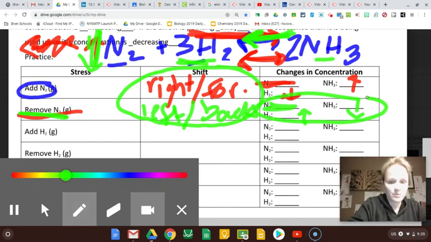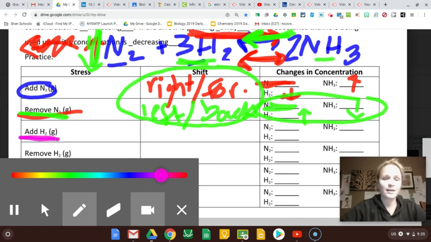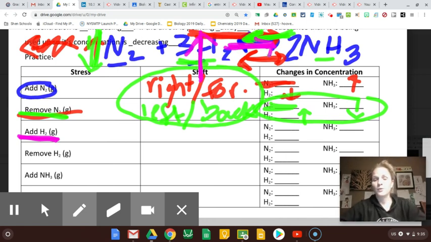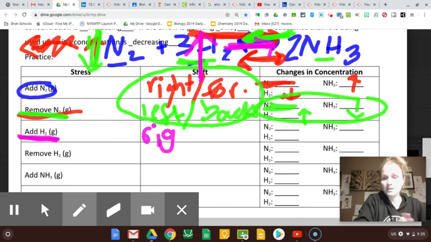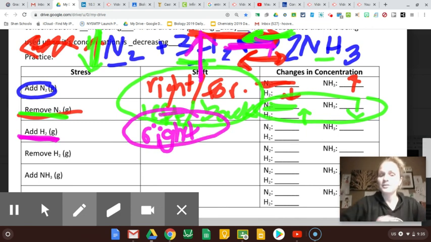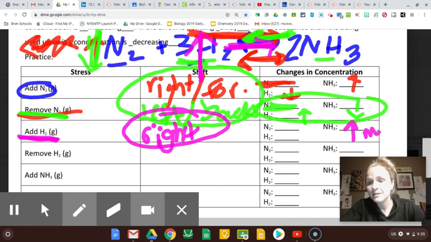Let's try one more. If I add some H2, I've got plenty of H2, so this reaction is going to dominate. Add away, so my reaction's shifting right. I figured out which way the reaction shifts first. All these problems are two steps. First, I figure out the reaction shifts right. Then I say what happens to everybody. Well, it looks like NH3 is being made, so I'm going to